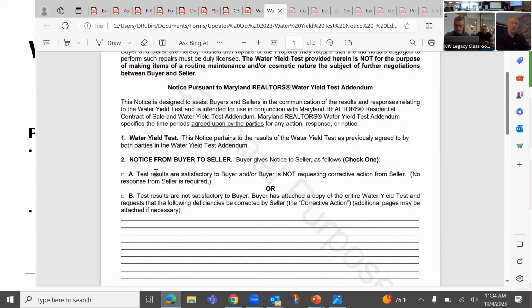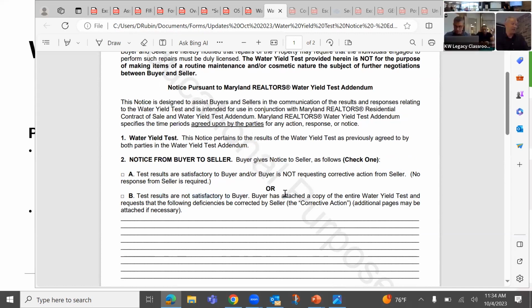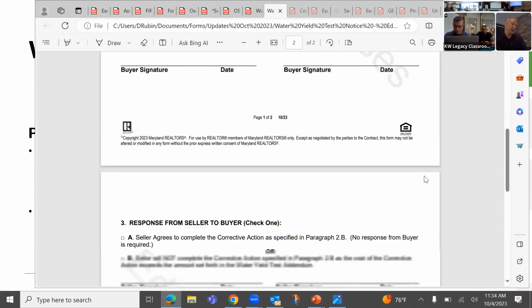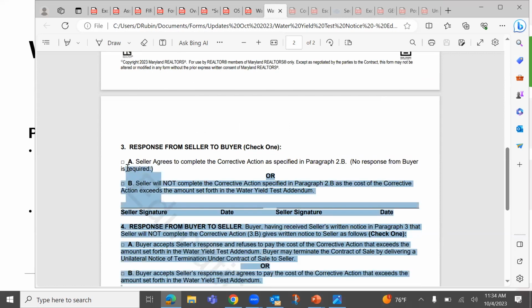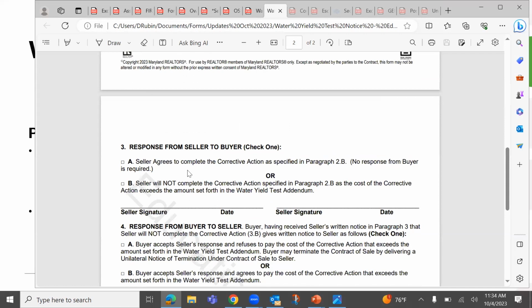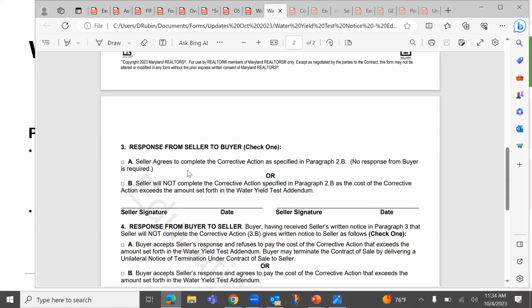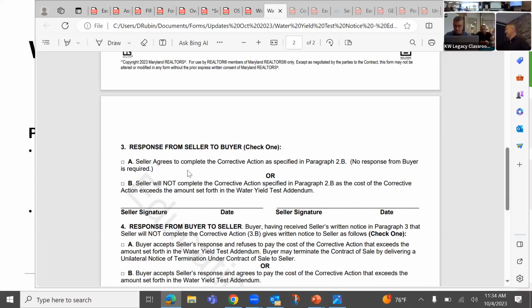So you get it done, you either say, yeah, we're great, let's move forward, or tests are not satisfactory, here's a copy of the report, I would like X to be done, and if they don't do X, you can then terminate. And interestingly, there's a lot less flexibility with these ones, because perhaps they're a little bit less comprehensive relative to the property inspections addendum. But the seller either fixes it or they don't. There's generally not a lot of back and forth, or at least this document doesn't really contemplate, hey, I'll partially fix it, hey, I'll fix this, but not this.